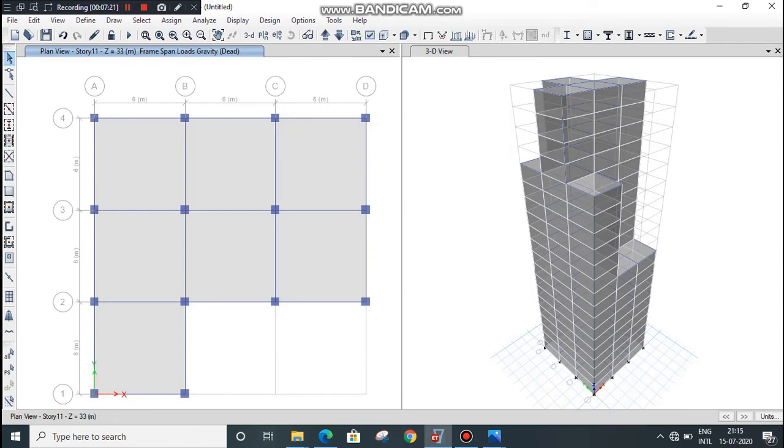As you have seen, when the option for similar story or story disappears, you can go to the display option and select undeformed shape. It is shown here. Now, before applying any load, make sure that the similar story option is selected because